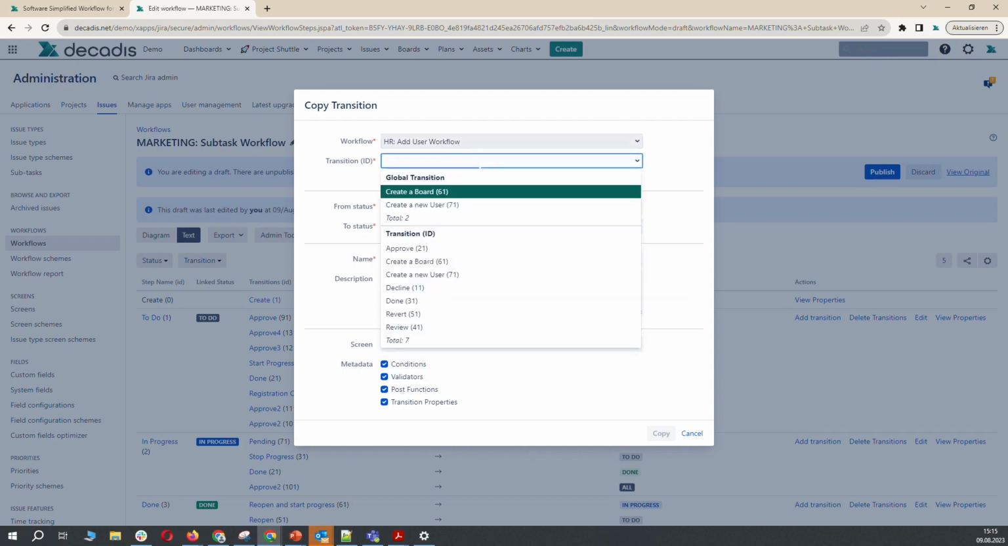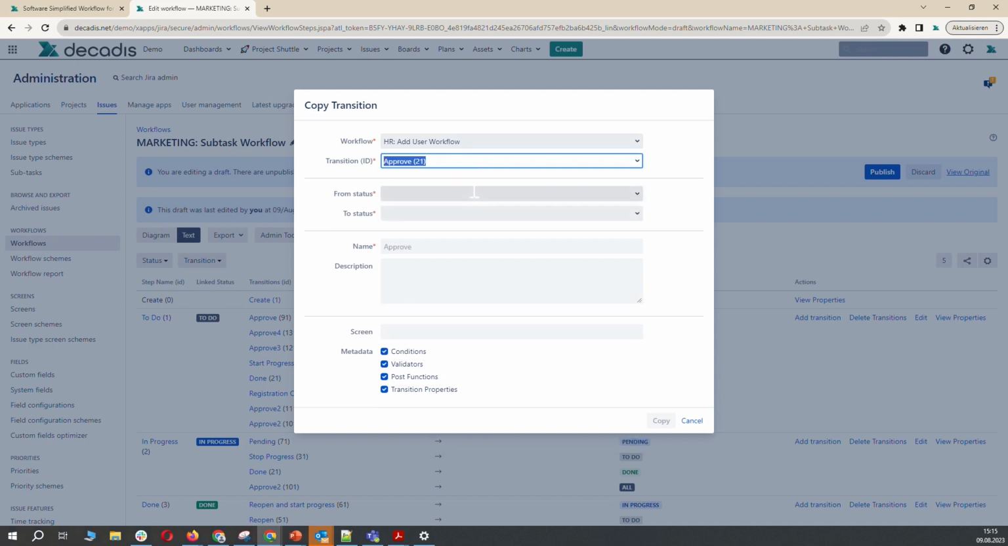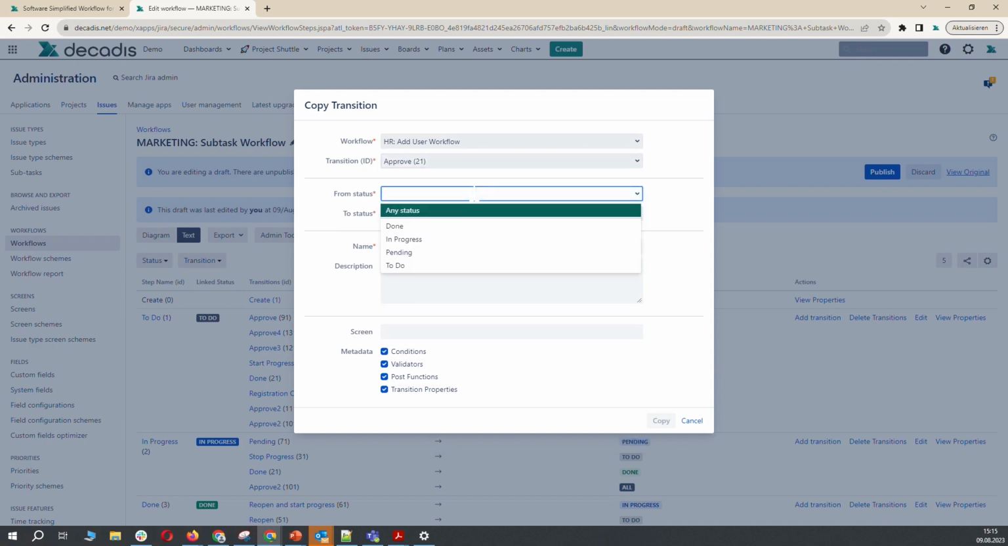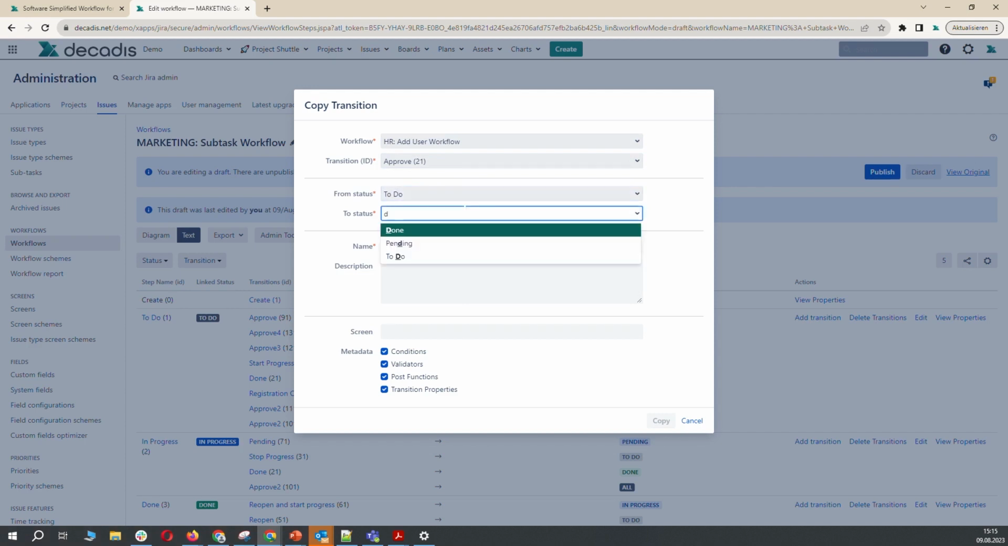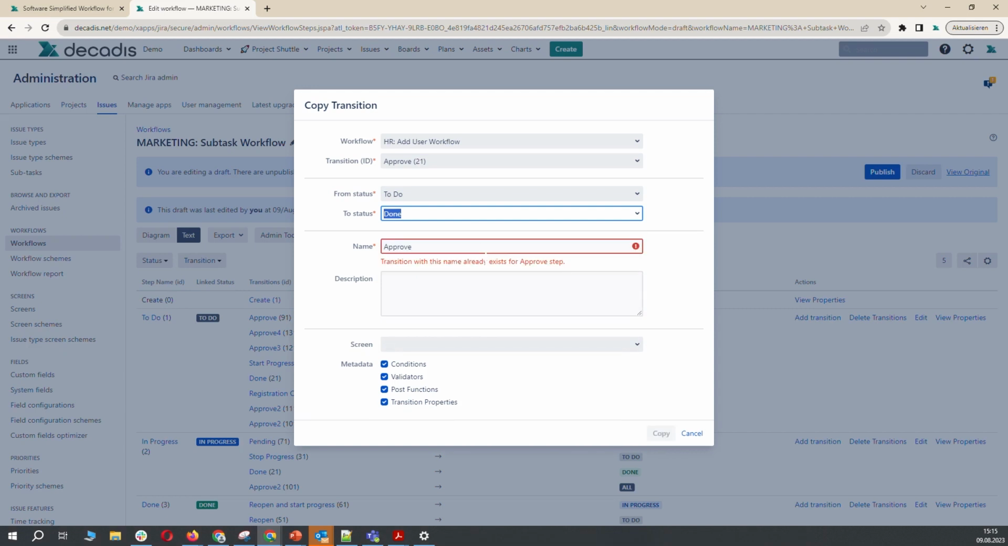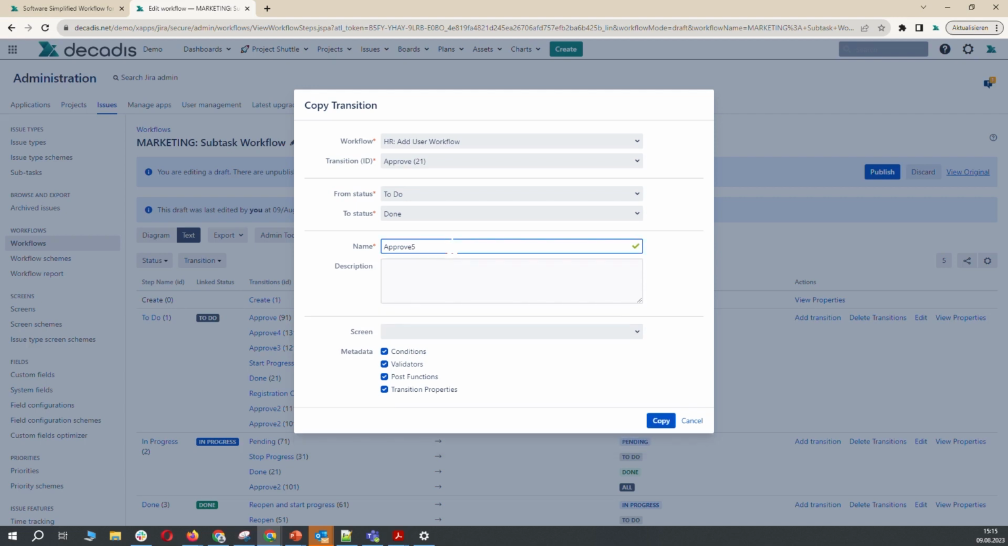So I can select the workflow, I can select the transition, and then specify where to put the transition in my current workflows. For example, I can put it between the status to do and done. And then I have to specify a name. In this case, I have to specify a different one because there already is an approved transition in this step. And then I